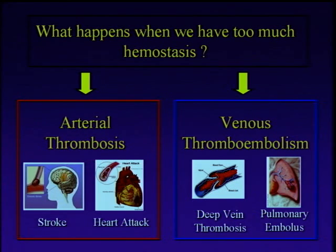So what happens when we're not successful in that? What happens when we have too much hemostasis? Well, we talk about arterial thrombosis and venous thrombosis, and I wanted to spend a couple of minutes now going through that to make sure that everyone's clear on the difference, because there are very important differences, and I think